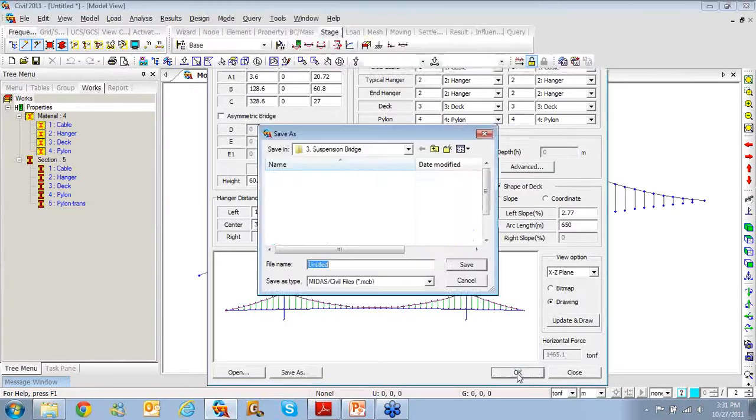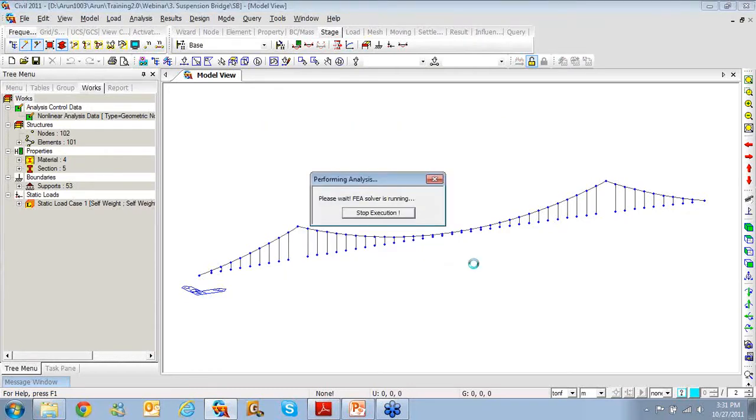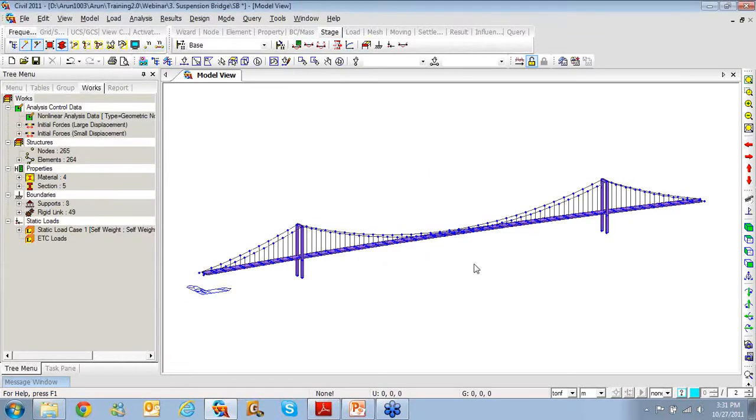Then you can click OK here, and the program will ask you, since it is about to execute the suspension bridge wizard, to first save this file with some name. So I'll just say suspension bridge SP, and then click Save here,